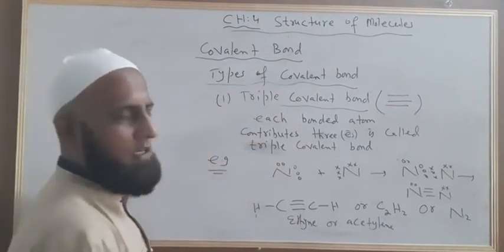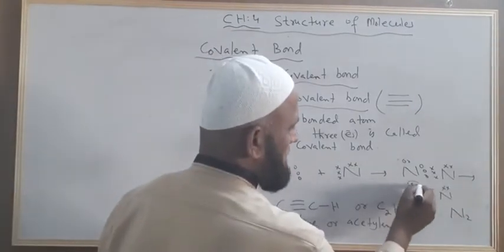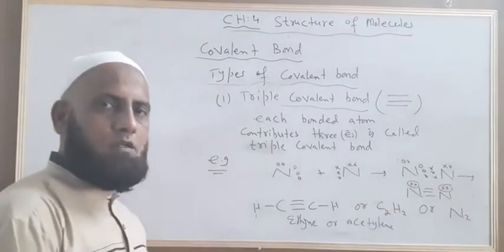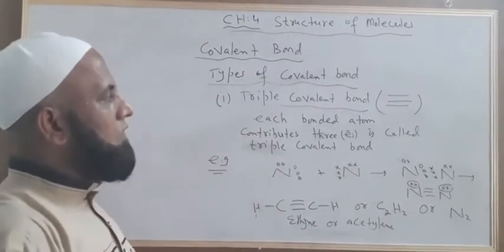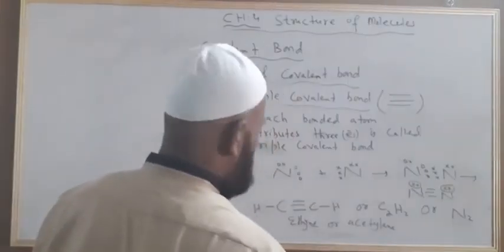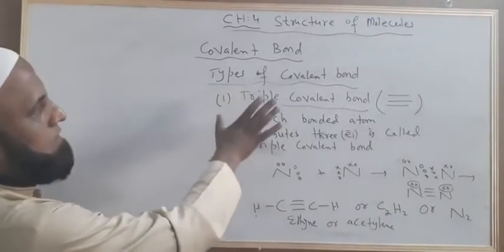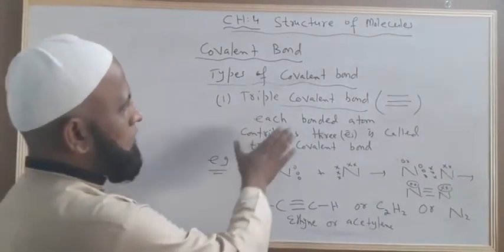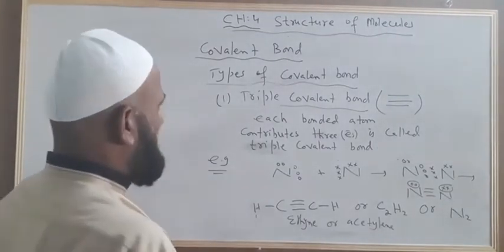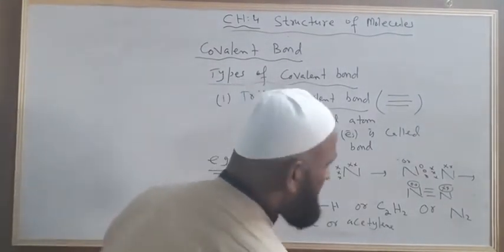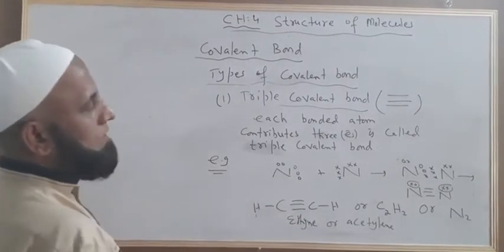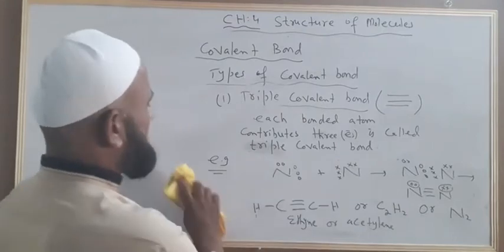Students, you may see here that I have drawn these two dots. These are known as lone pair. Now, what are lone pair? The pair of electrons. This was all about the types of covalent bond. Lone pair and bond pair I'm going to explain in a separate way, so I wish that we have concentration over here. So what are lone pair and bond pair?